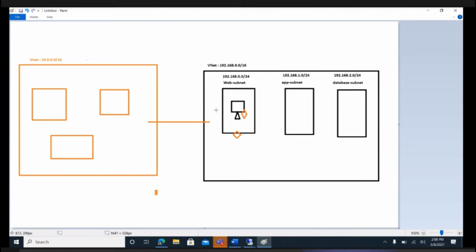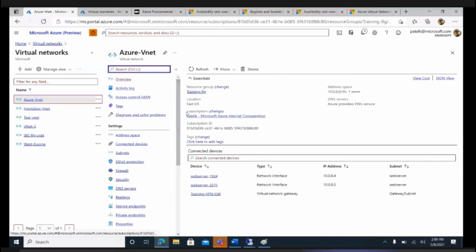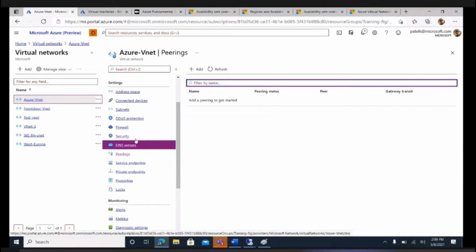So for that you can create virtual network peering between these two. Once you create a virtual network peering, both the virtual network resources will be able to talk to each other.